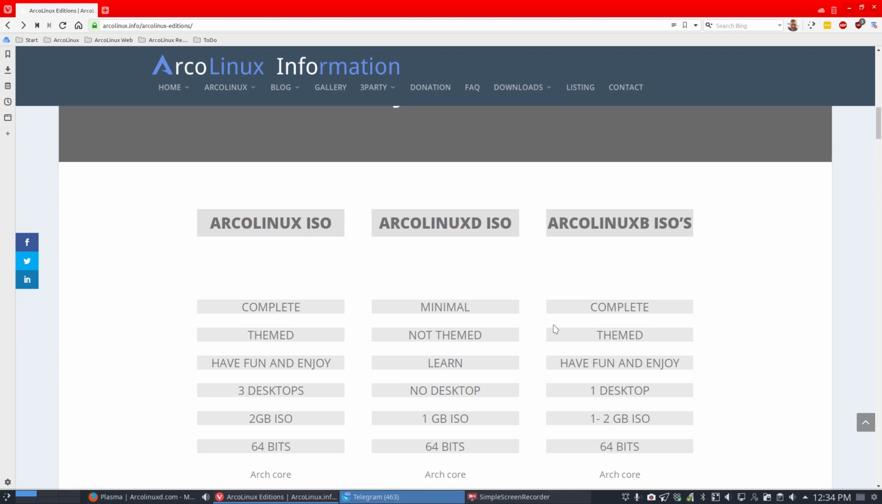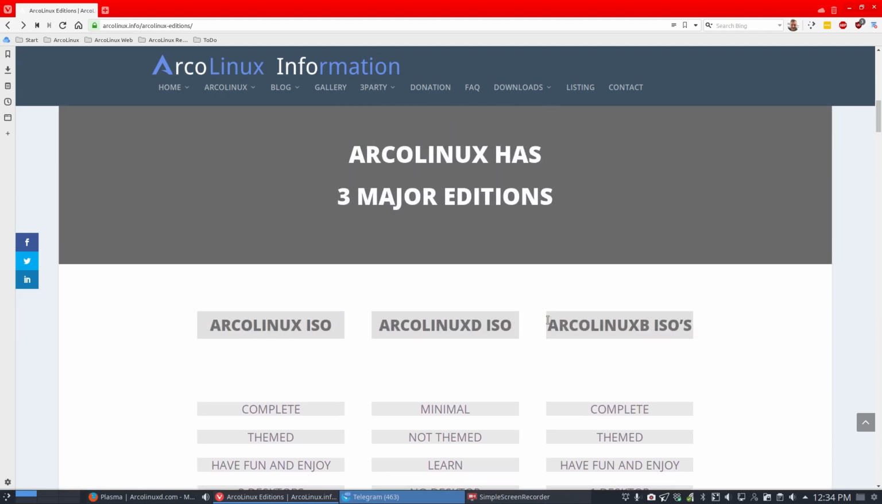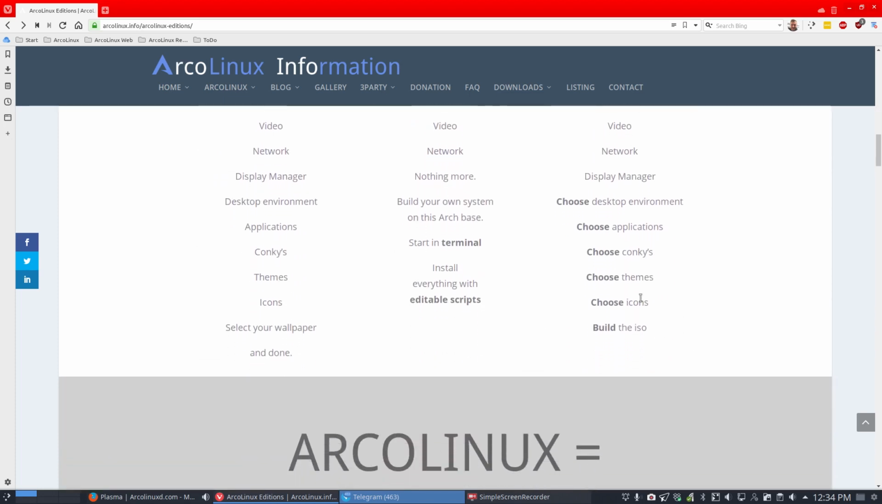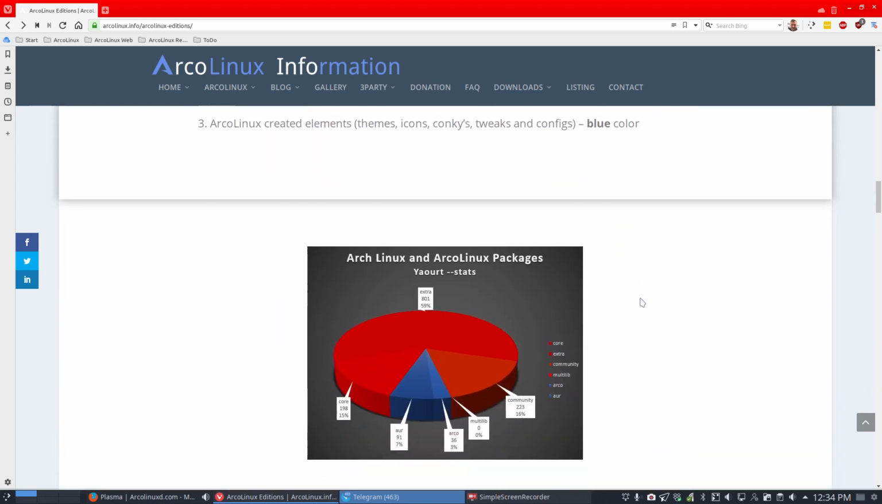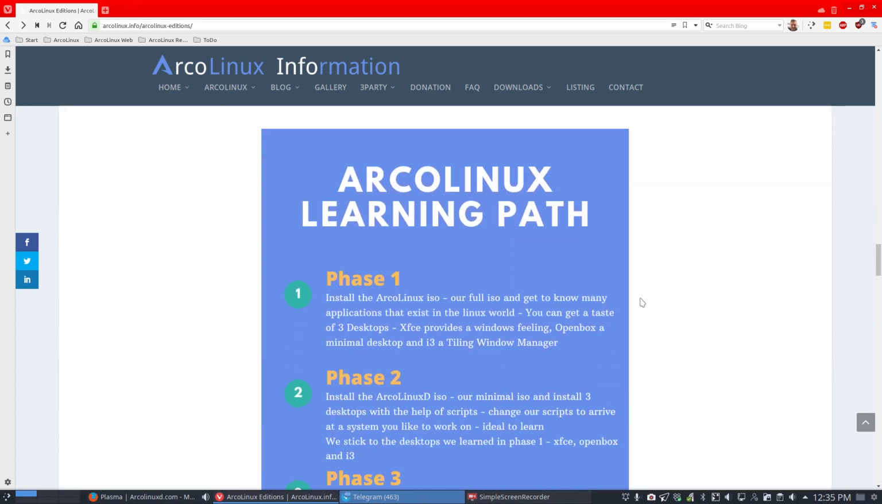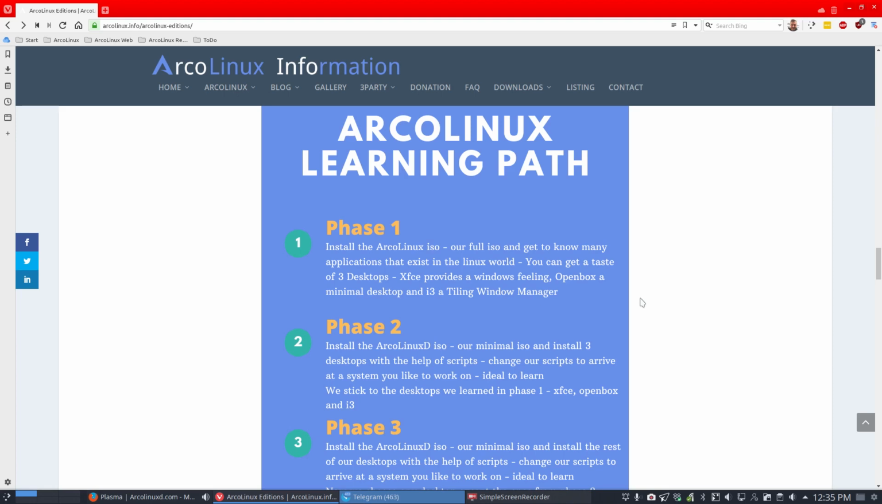Next thing I've changed, this is of course still the same. We have three major editions: ArcoLinux, ArcoLinux D is the minimal one, the black one. You build it up with scripts, and ArcoLinux B is where you build your ISO yourself. What's new on this page is this one. I've tried to capture again the learning path of ArcoLinux. If you have never heard about it, then it's a good thing. The idea of ArcoLinux is to make you smarter, right? To educate you, to be the ALU,